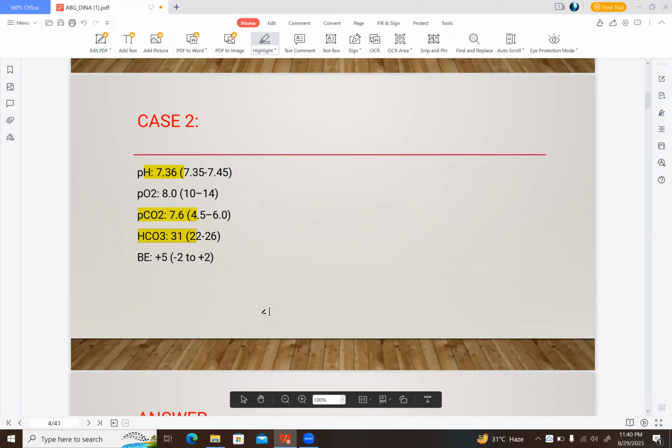All right. And bicarbonate 31 is alkalotic, while the pH is normal. You plot the pH as I have told you. Let me do it for you. I am unable to find that pen. See. Okay, let me draw